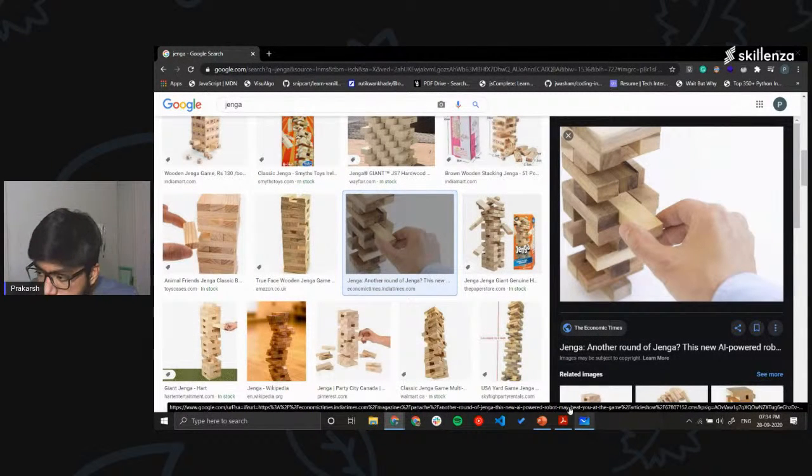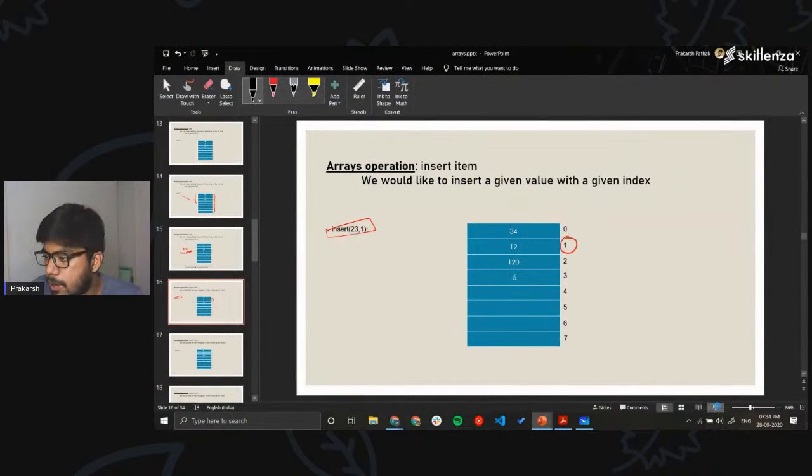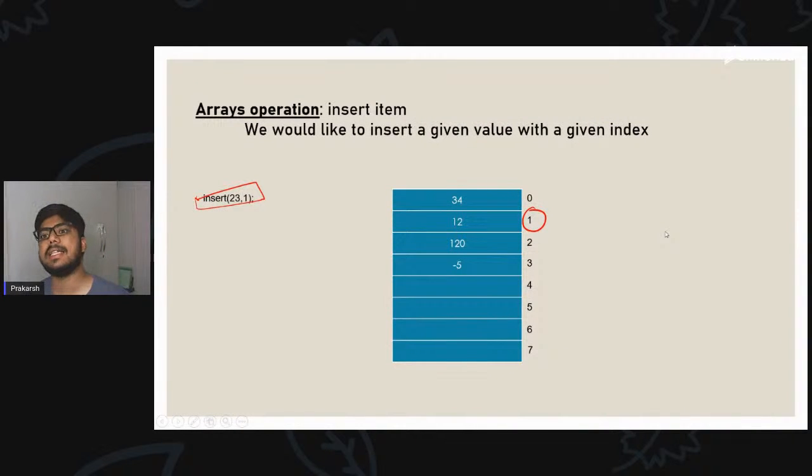So similarly, if you see over here, I really want to insert 23,1 in my array. So imagine there is an array. You have an array with you, and you have to add something to that array. Sounds a bit difficult. It's not actually, but you have to add something to that array by removing someone. Now that's difficult, right? Because adding something was very easy. You know that it's going to get started at 0, then it's going to get started at